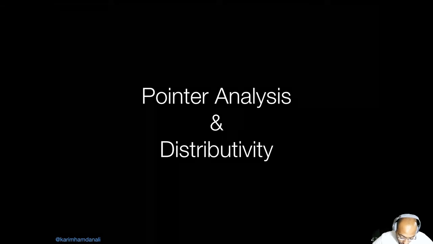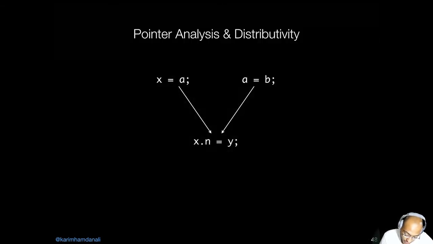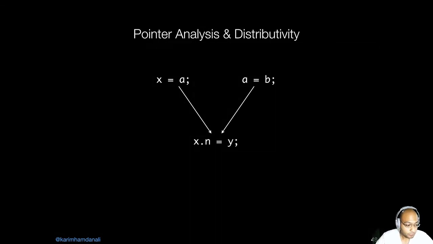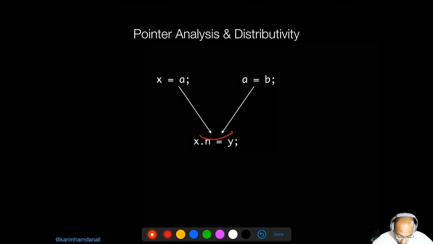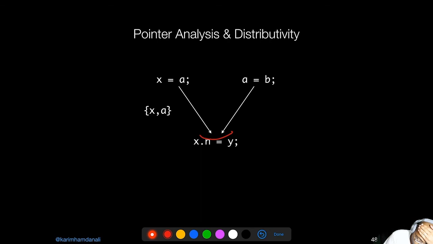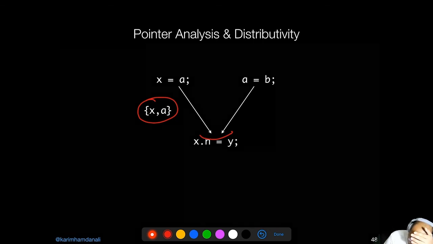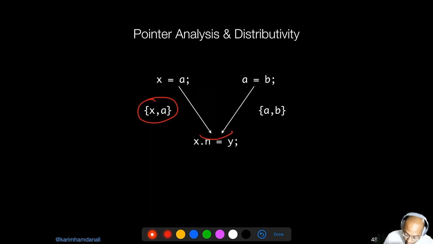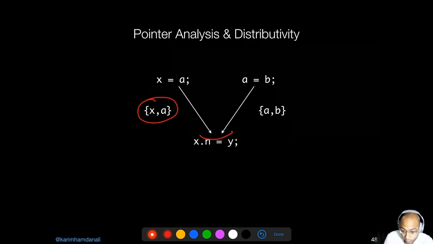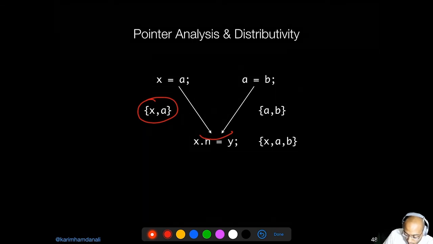We have a few statements here, x equals a equals b, and then we have a merge point, x.n equals y. On one side, we have the field descriptor xa, which means a runtime object where both x and a point to. On the other hand, we have the descriptor ab, which means an access path where both a and b point to. And here I'm going to merge both, and by merge I mean again union. So I'm going to get the set xab,